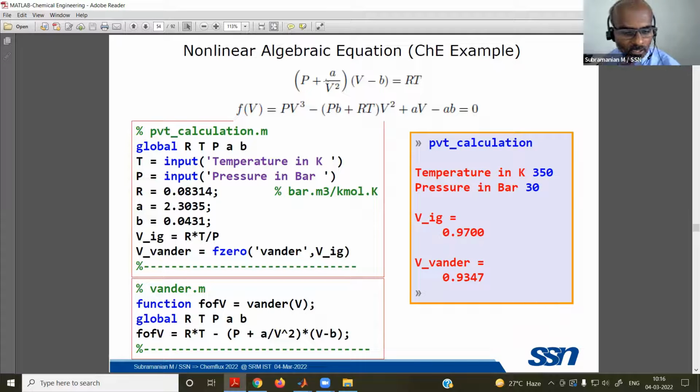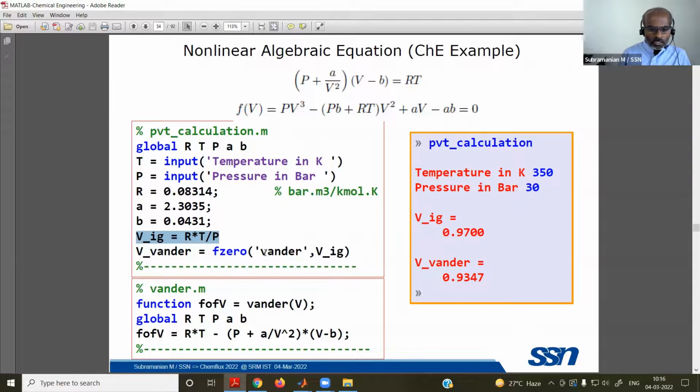So I'm giving a solution for this. Say, for example, T and P can be taken as input, and R you can have initially assigned. To solve this Van der Waals equation, normally we try using the initial guess from the ideal gas equation. So ideal gas gives an approximate answer, and of course, Van der Waals is a nice model to represent this non-ideality.